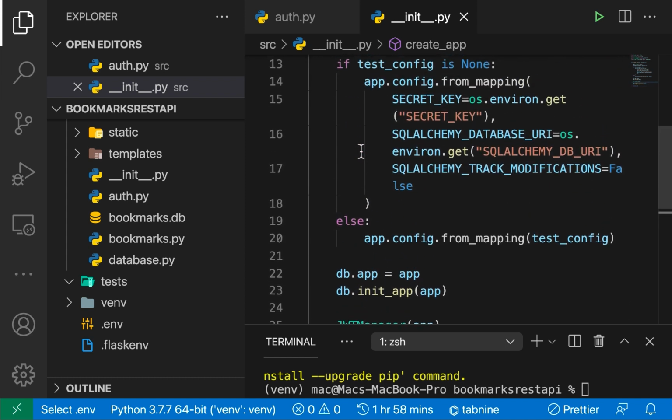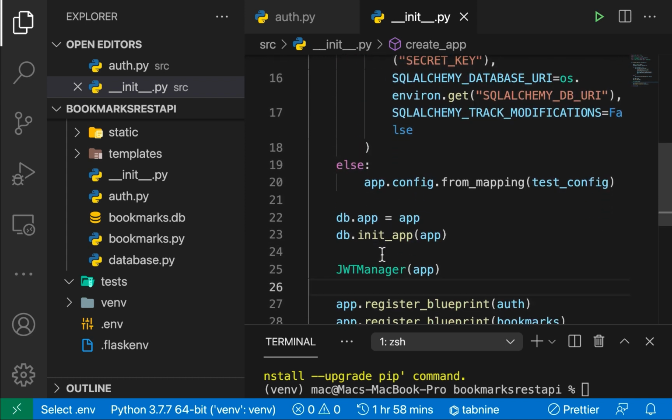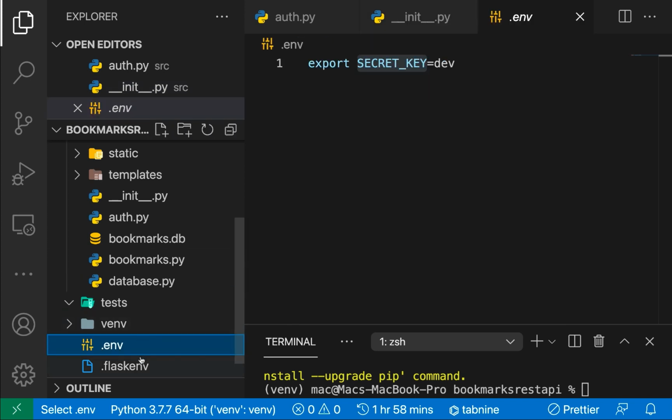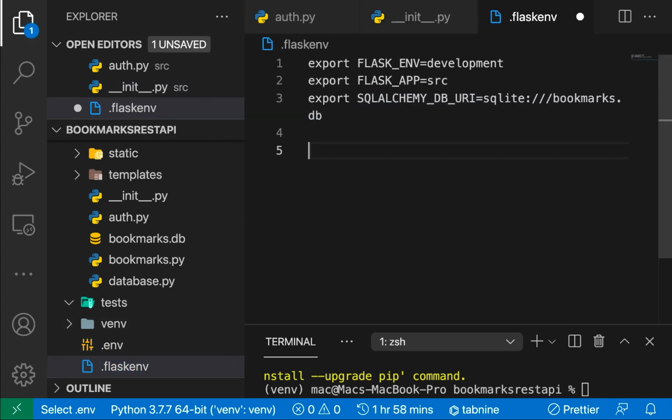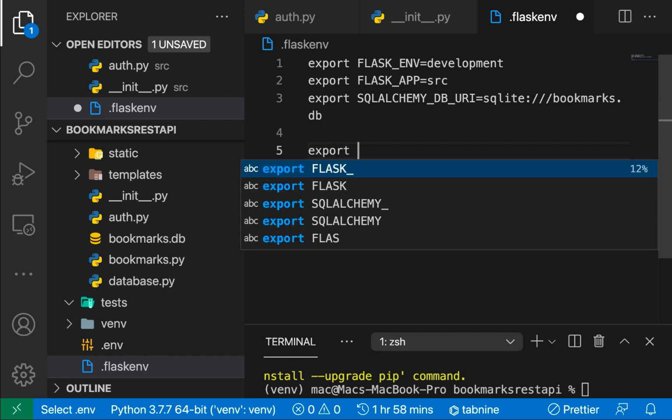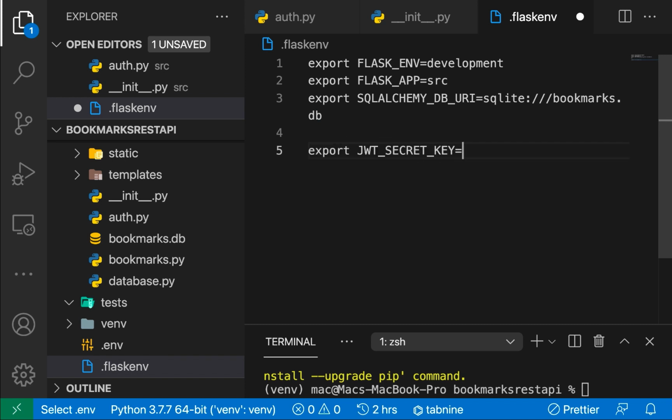One thing I mentioned before was that JWT authentication is based on a secret key to encrypt and decrypt tokens. So we're going to need a way to tell it about our secret key. I'm going to go to our flaskenv file. So in flaskenv, we're going to have export JWT secret key. I'm going to set it to secret key. And like I said,